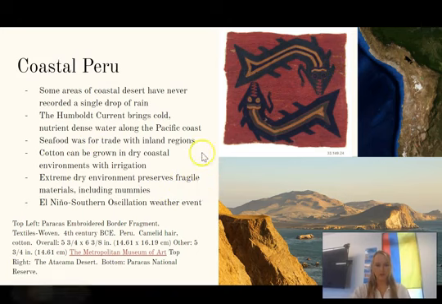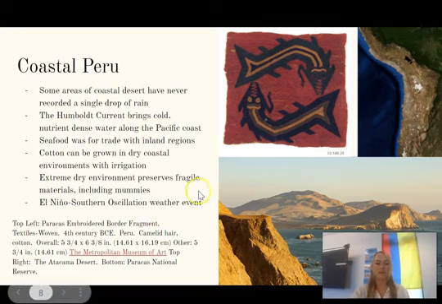And the extreme dry environment from an archaeological perspective is actually quite a blessing, because this extremely dry environment preserves very fragile materials like organic materials that would otherwise in warmer climates just totally rot on us. So we have examples of pieces of fabric, preserved human bodies, leather goods, things that have been preserved for thousands of years because of that dry climate totally desiccating and preventing the normal breakdown of organic material.